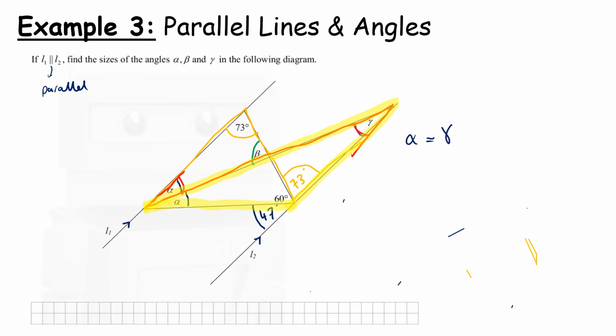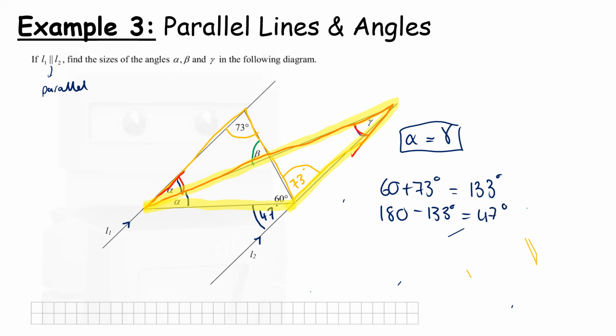So in this triangle here, I know one of the angles and I don't know the other two, but I know that they're both equal. Remember we said alpha was actually equal to gamma. So I know if I add 60 plus 73 degrees, which gives us 133 degrees, and I take that from 180, which gives me 47 degrees, I now know that alpha plus gamma equals 47 degrees. But I also know that they're the same. So alpha is equal to gamma, and they're both equal to 47 divided by 2. So that gives us 23.5